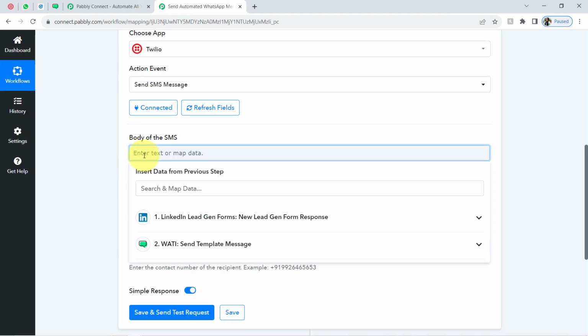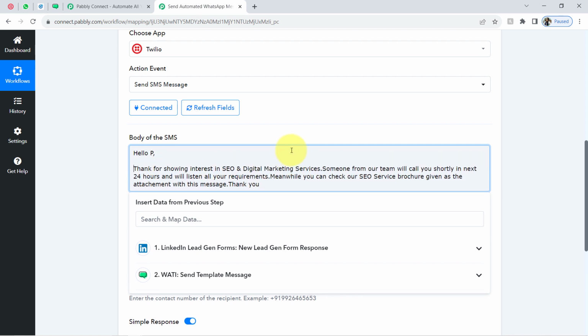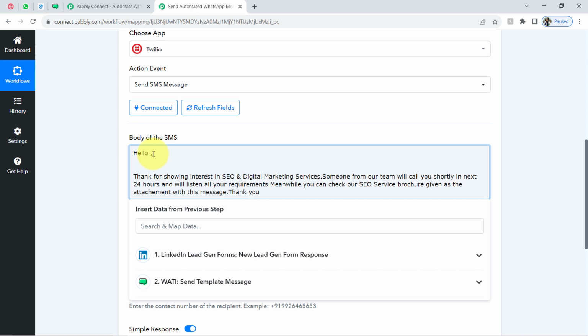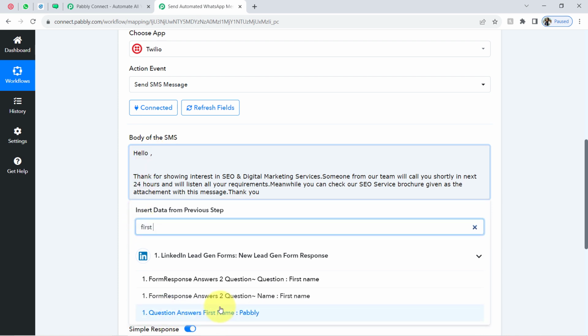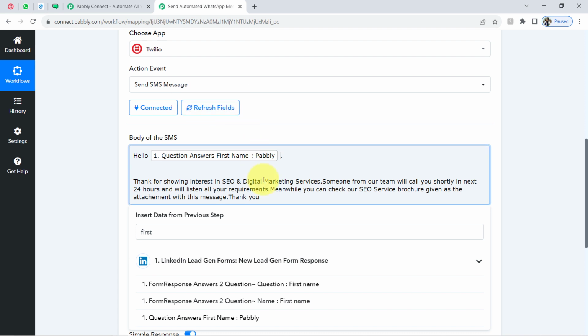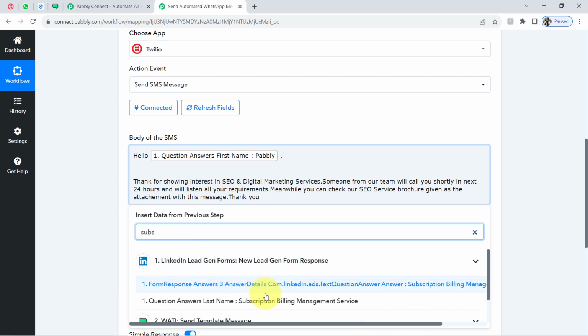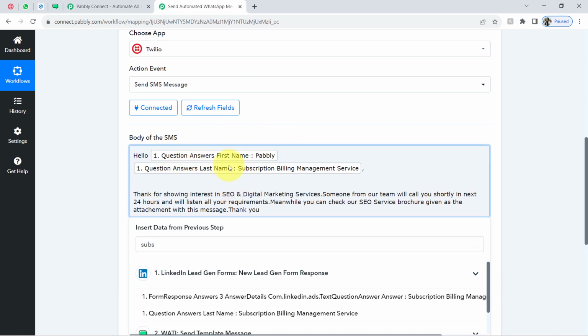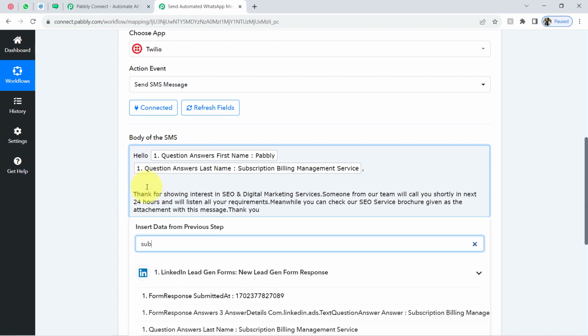Control Shift V, and in place of providing this name manually, again I am going to map it so that the details can be replaced automatically. Give me a second, let me map the same, searching for the first name which was Pabbly, giving a space, and again searching for the last name which was subscription billing management service. That was the last name. Hello Pabbly subscription billing management service, removing this extra space, and